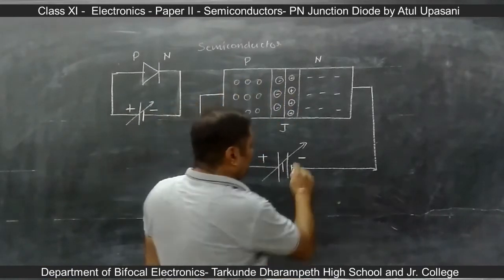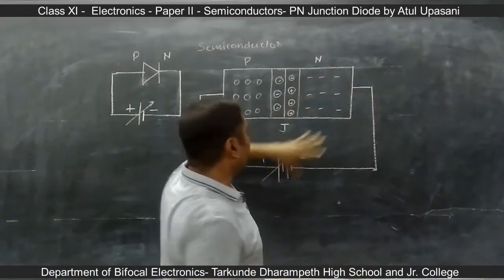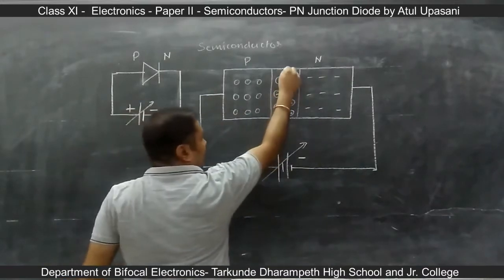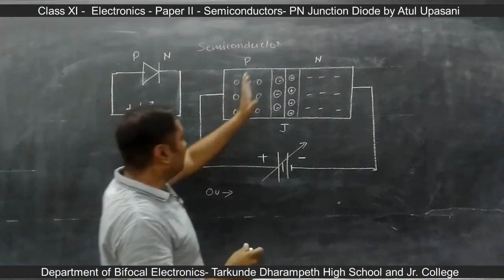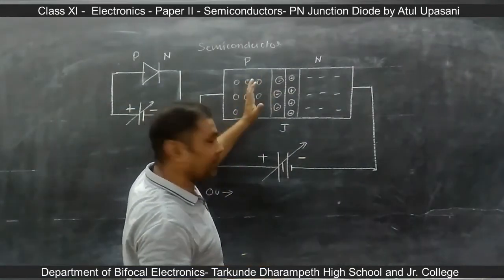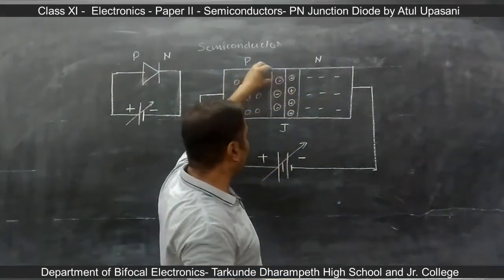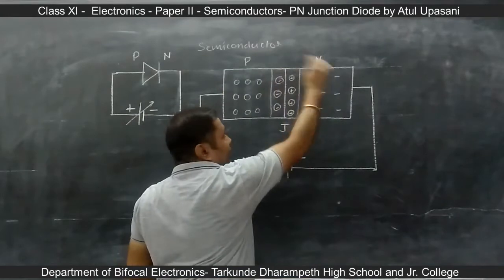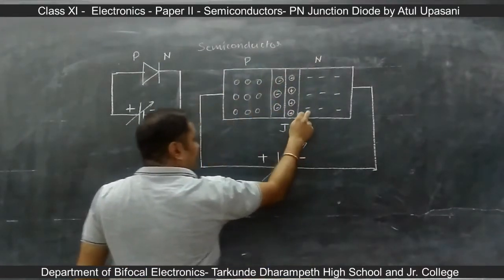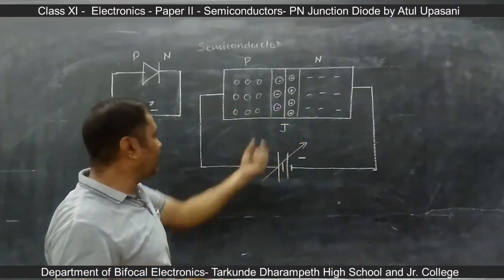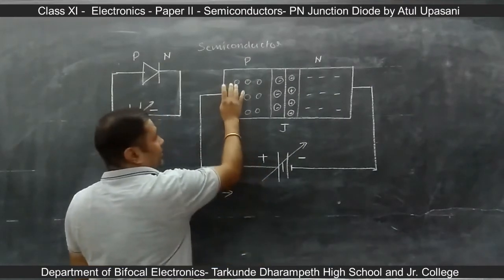At the same time, electrons from the negative terminal of the battery will also enter the n side. So what is happening here? Here at the junction, there will be some space where, if the number of holes is increased, one of the holes will start flowing towards the junction and manage to escape from the wall and enter the n side. In the same way, electrons from the n side will also find some space to enter towards the p side. Actually, what is happening? We are actually increasing the number of holes.